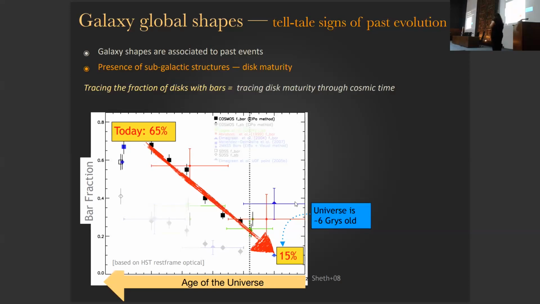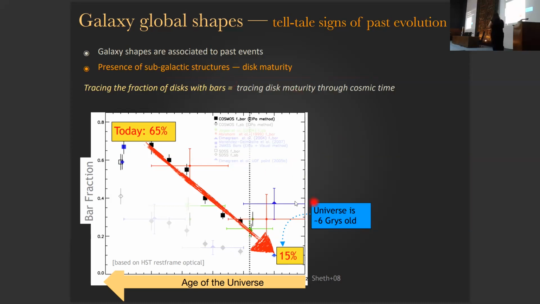So just basically summarizing it for you, today 65% of all spirals have bars. This includes strongly barred galaxies, where you can actually see a thin, very well-defined bar, and intermediately barred galaxies, where the bar is weaker, a little bit broader. It's not as easy to detect, and it presents not such a strong break to the axisymmetry of the disk.